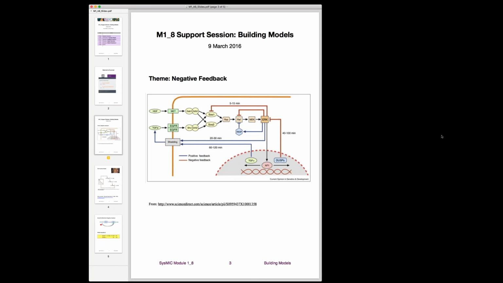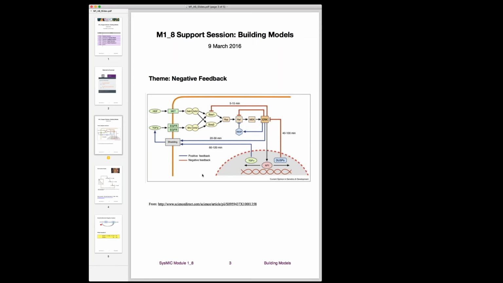So after this introduction, we'd like to start by just quickly saying within what context we are. We are now going to use the knowledge that we have gained to build up models of networks of biological processes. And while the network we're going to work on today is very simple, for the case of demonstration,